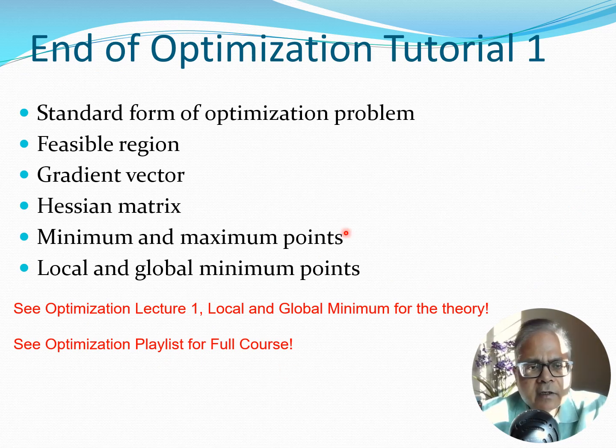So today we reviewed some of the basic concepts which we have seen in lecture 1, for example, the standard form of optimization problem, the feasible region, gradient vector, the H matrix, minimum and maximum points, and local and global minimum point. Again, take a look at my optimization lecture 1 for all the theory,